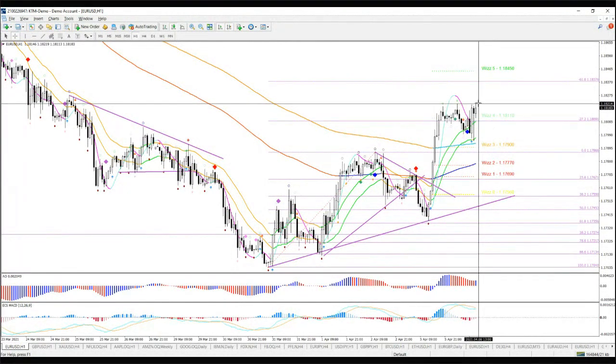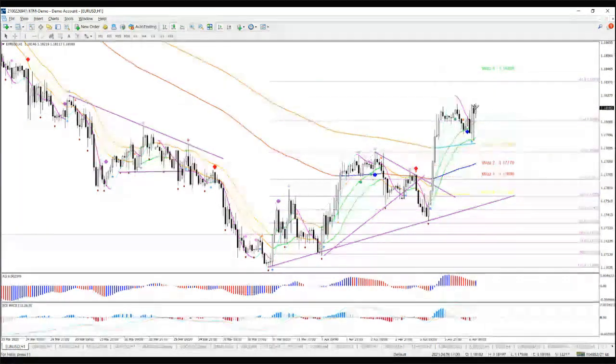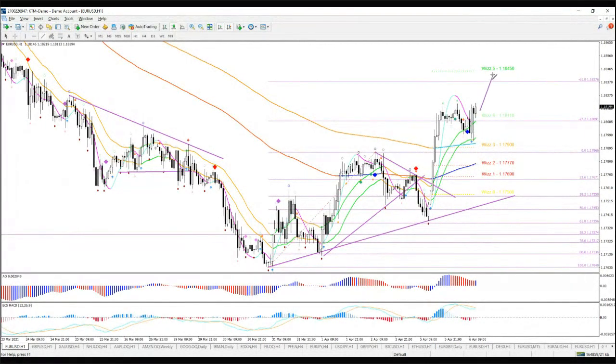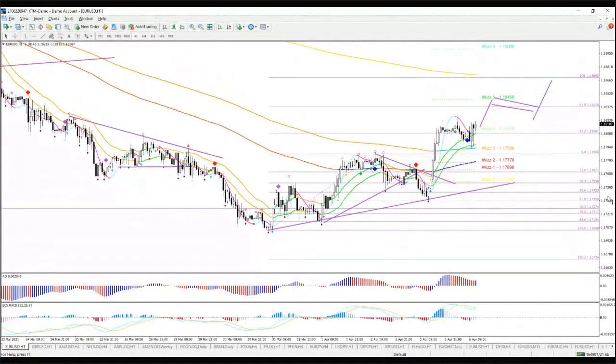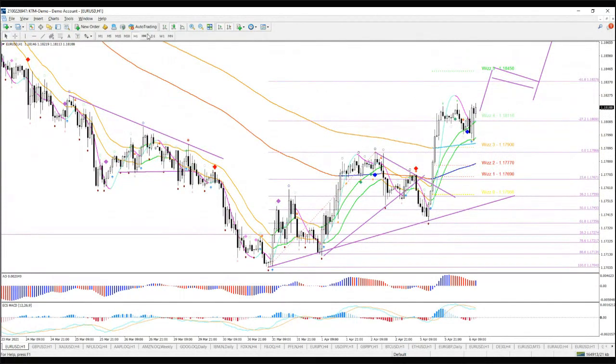So let's see if we get the breakout above these tops. But I suspect we will sooner or later, and we should see them move up to 118.50. That's still a zone where price might make a flag. But if it does make a flag, then it still looks good for upside up to higher targets like 119.50 and 120, 120.25. And we should see a follow through then to the upside.